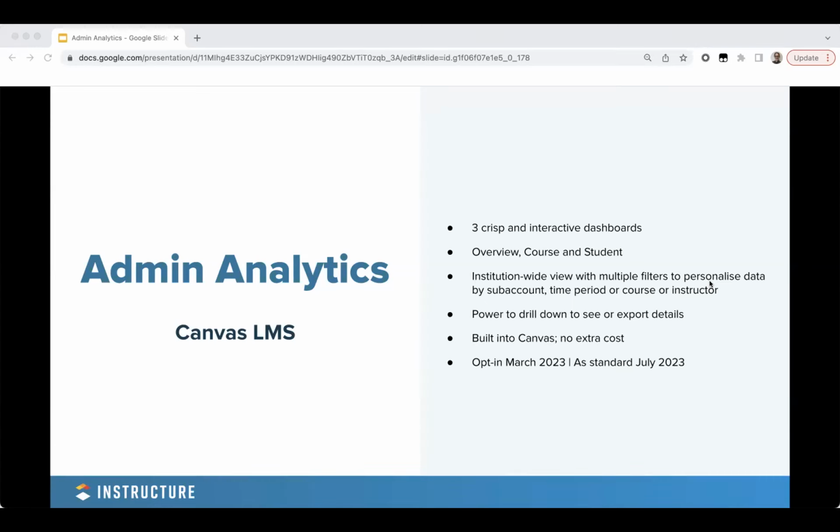So you can trust me when I tell you this is a much better offering than what Canvas has today, and there's no reason why you wouldn't want it on. But that is the timeline that we're targeting at the moment for when this will be on for everybody.